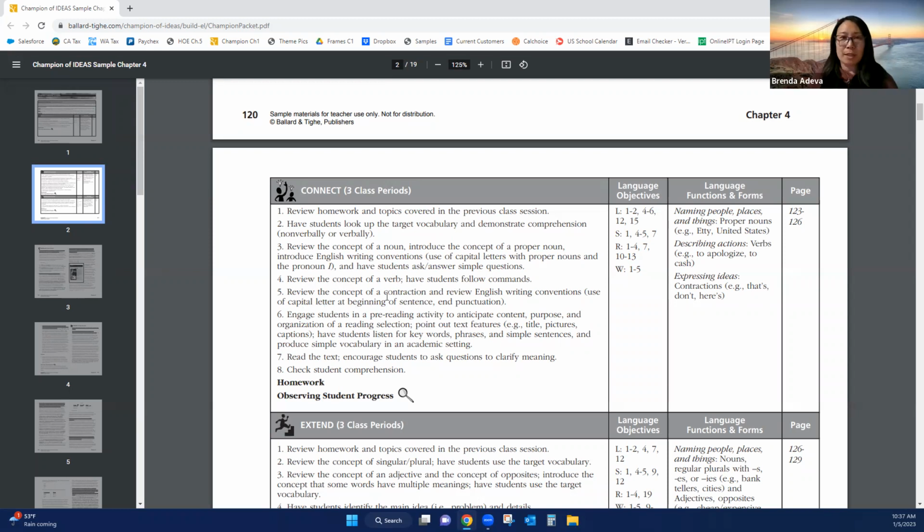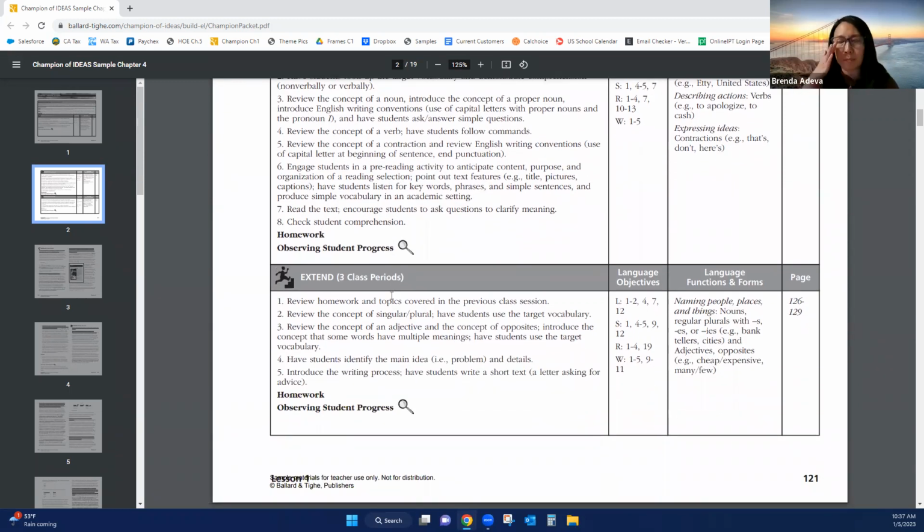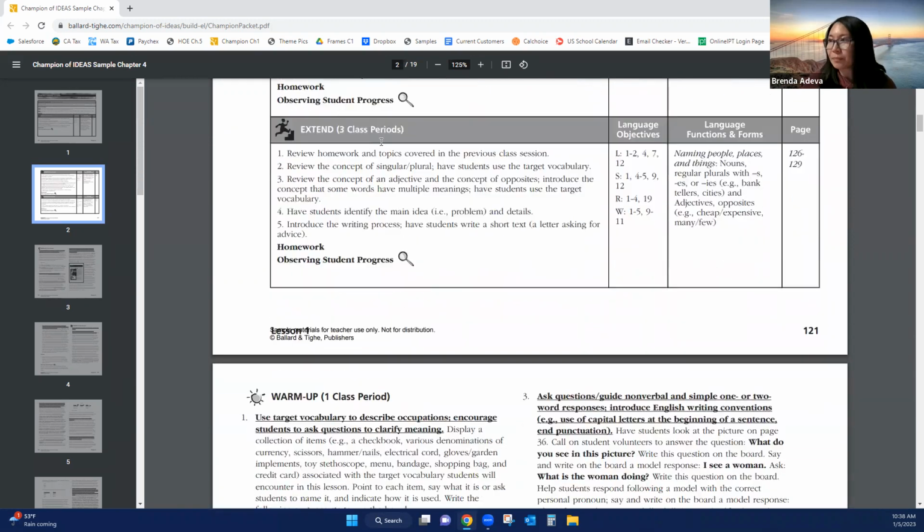After grammar, you're going to always do the reading section. So the reading difficulty level might be a little bit higher than what you're thinking, which is great because you'll have the vocabulary in a context for the lower levels, and then the higher levels, we'll look at that shortly. But you're going to have, you know, the pre-reading always, then read the text. Teachers, do your best lecture. You know, I know you're really good at that already. And then the comprehension questions.